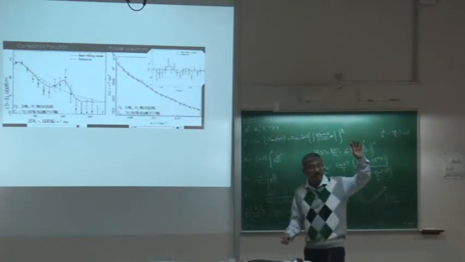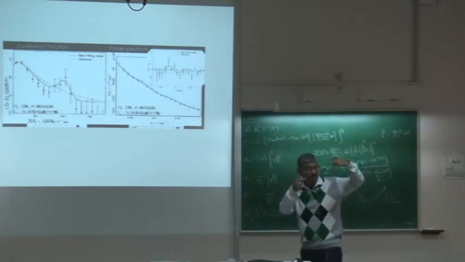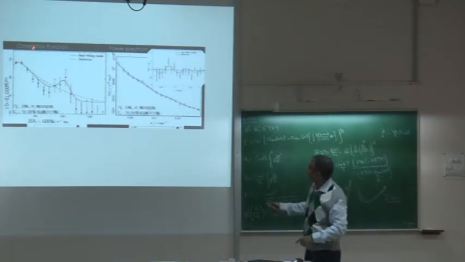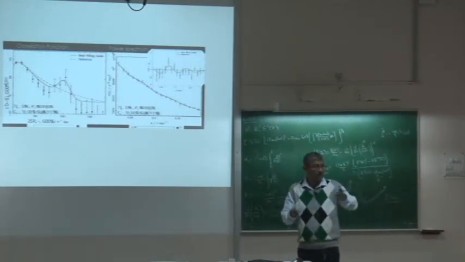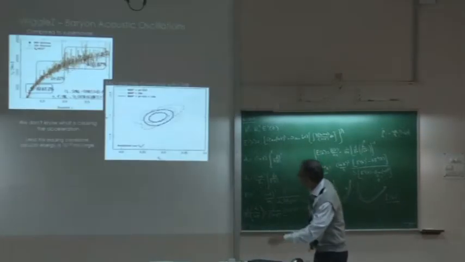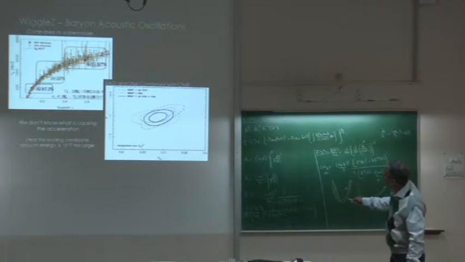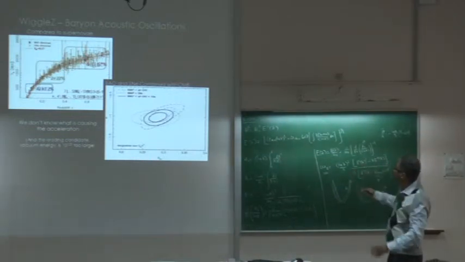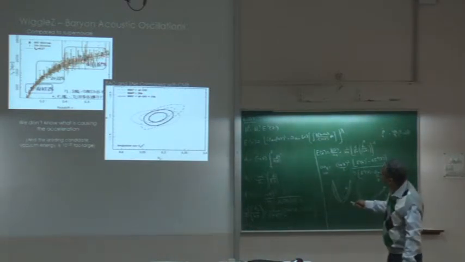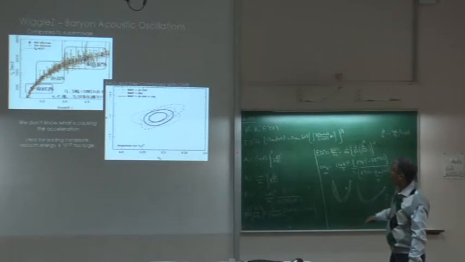Because there you are measuring the temperature correlation in the CMB, and here you are measuring the correlation function in the power spectrum that we have already done. So these are the baryon acoustic oscillation data. These 1, 2, 3, 4, 5, 6, 7, these are the baryon acoustic oscillation data. This is, I think, Wheeler data. This is the Wheeler data. This is the SDSS data, and this is the 2D data.